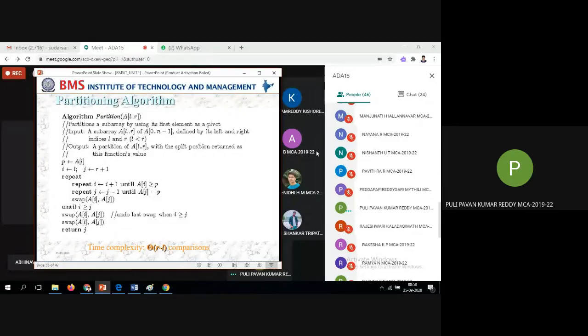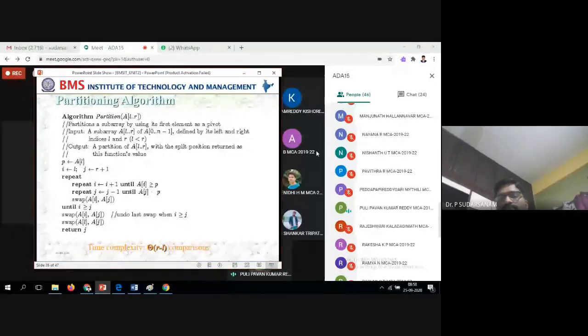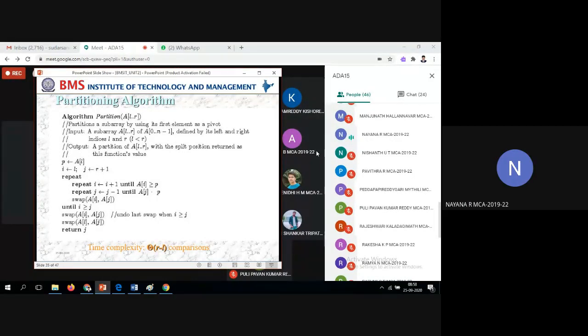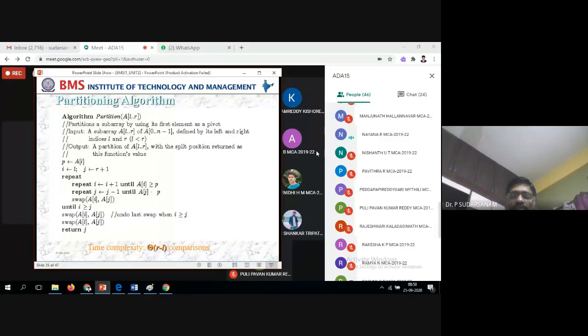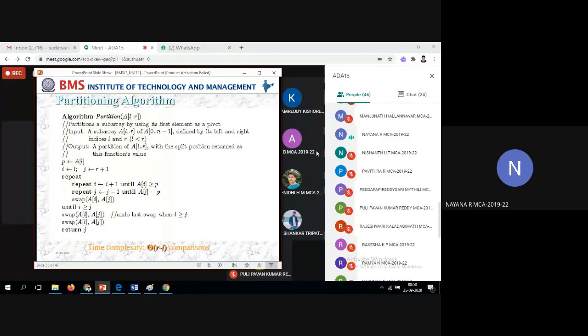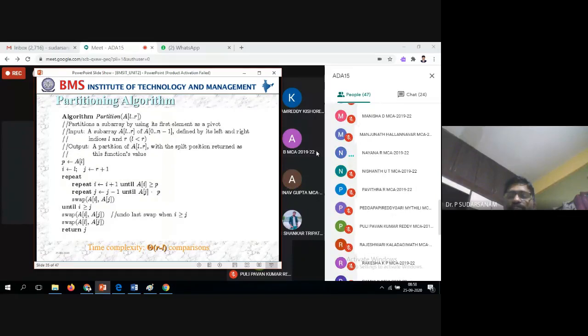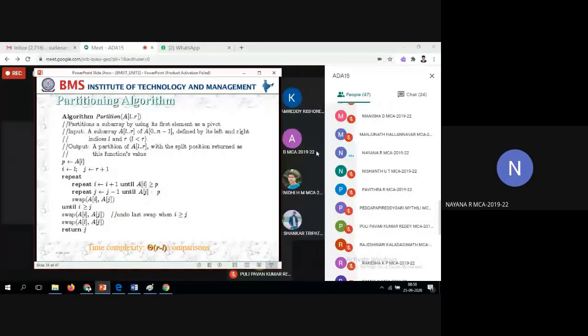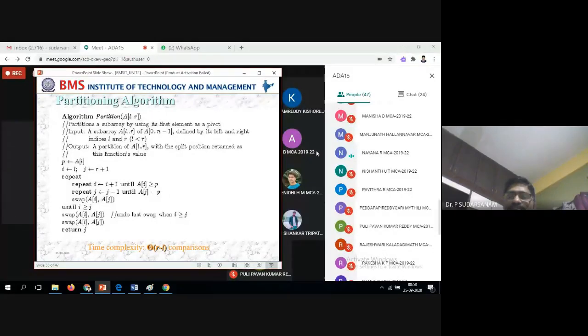Right minus left, sir. Right minus left. Very good. So I am asking the bubble sort time complexity. Naina? Yes, sir. Now what is the time complexity for bubble sort? I told you the simple way also. When you have the two loops, multiply that and tell me that one.